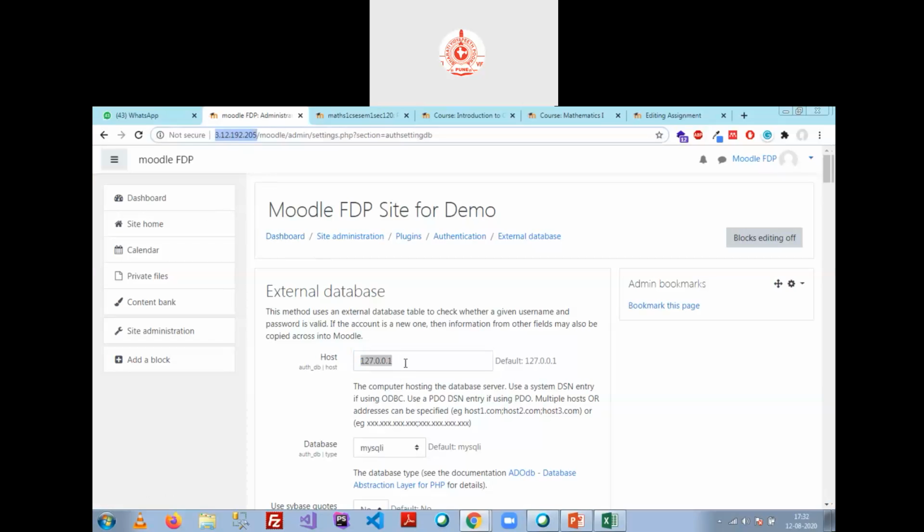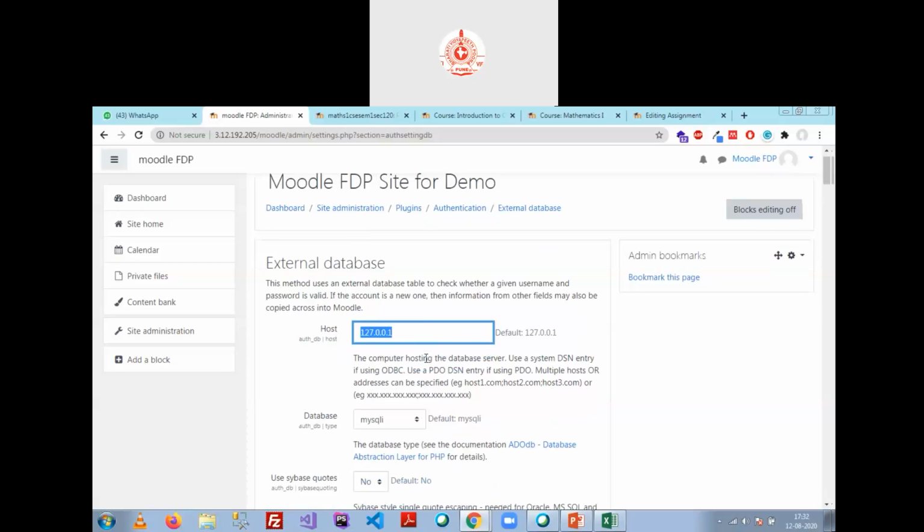Just for example, when I use an IP like 3.12.192.205, suppose the request is coming from the outside. If my server does not allow outside requests for this database, then I assign localhost. If my external database is running on the same system as my Moodle server, then we can just provide this IP address 127.0.0.1.